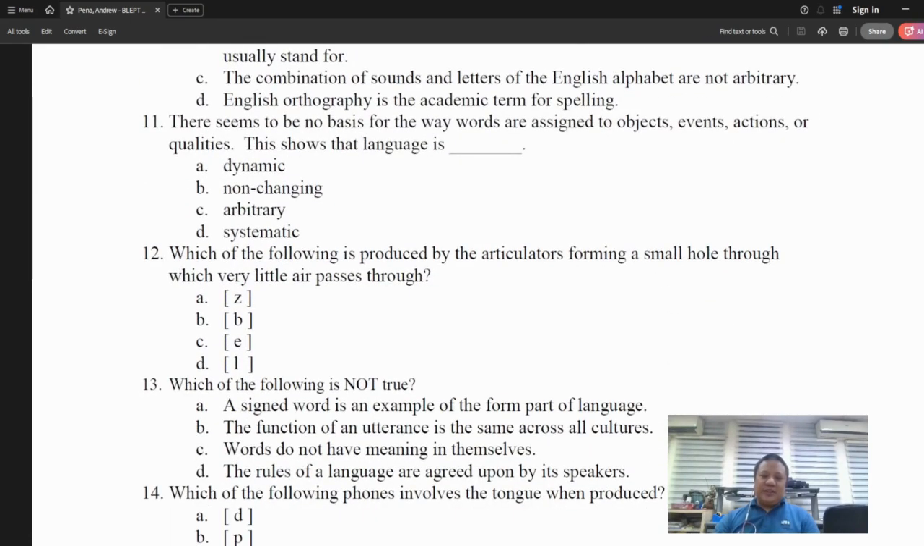11. There seems to be no basis for the way words are assigned to objects, events, actions, or qualities. This shows that language is A, dynamic, B, non-changing, C, arbitrary, D, systematic. The answer is arbitrary, C, because there seems to be no basis except in the case of onomatopoeia, but then onomatopoeia, which is